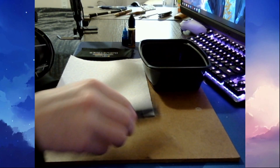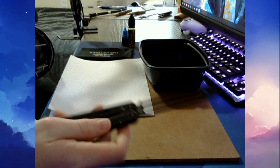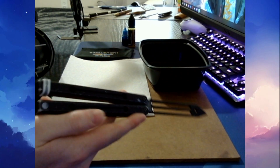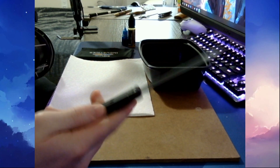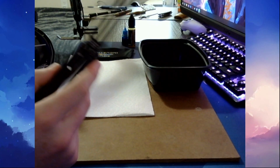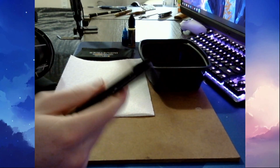Hello. So I really don't want to do homework right now, so instead I have a Squidtrainer, I think V3 probably here. And I'm going to clean it and hopefully retune it, although I'm not sure how well that'll go. I'm fairly certain that I need to get new washers for this,